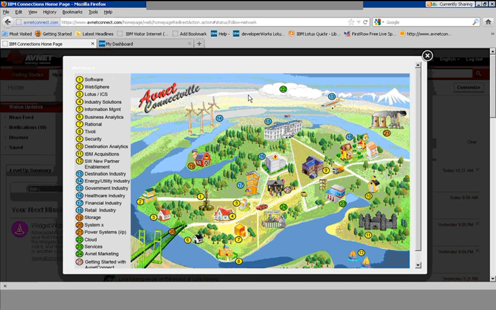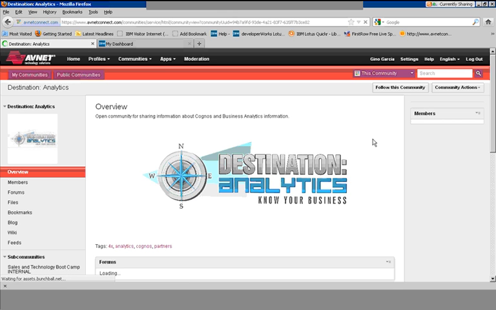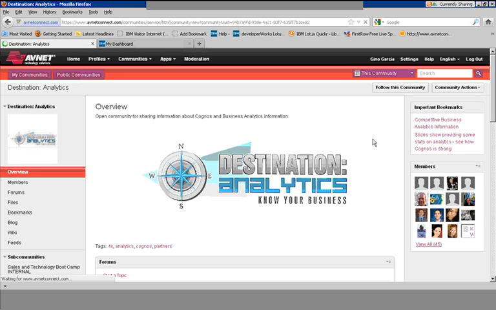Let me show you. Let's start with communities, and we'll go into the Destination Analytics community as an example. Let's go over following a community. If you'll notice up here in the upper right-hand corner, there is a button that says Follow this community. I can click this button, and I am now following this community. Why would I want to follow this community? Well, this is our Destination Analytics community, which is our Cognos initiative. If I'm a Cognos partner, or if I have interest in Cognos, I may want to follow this community because